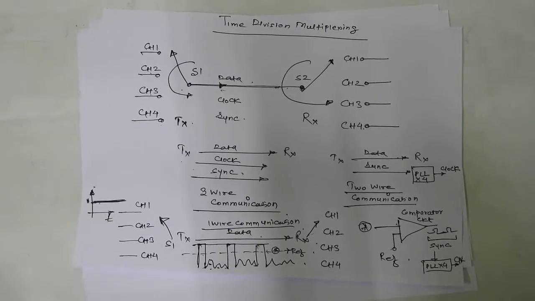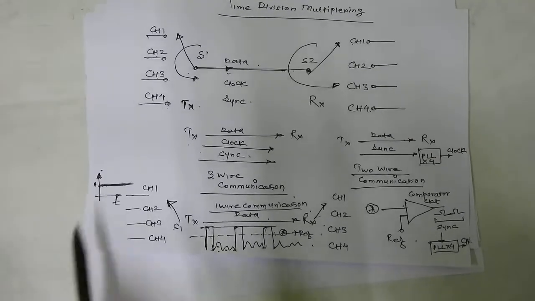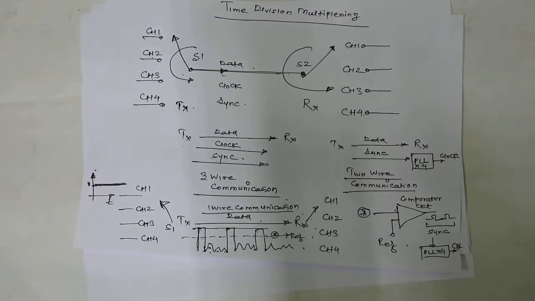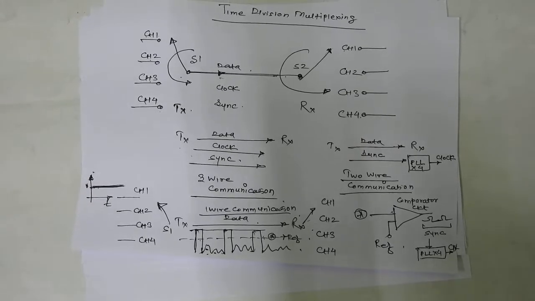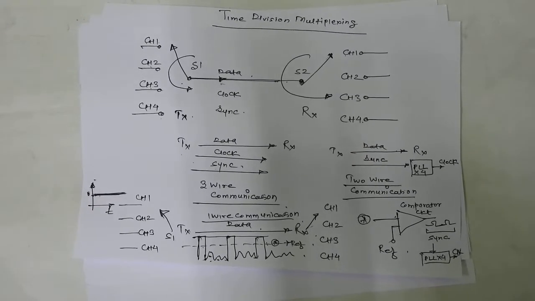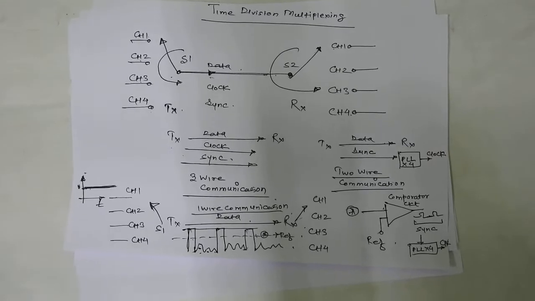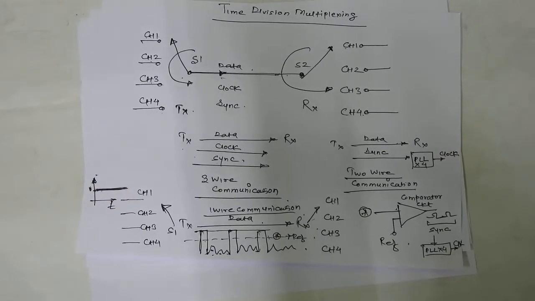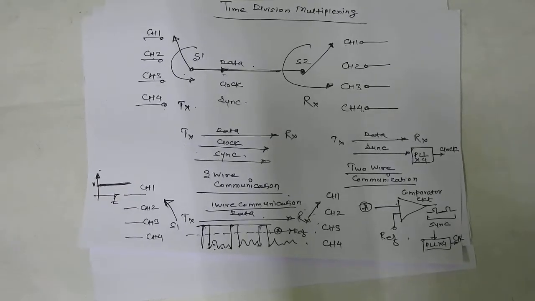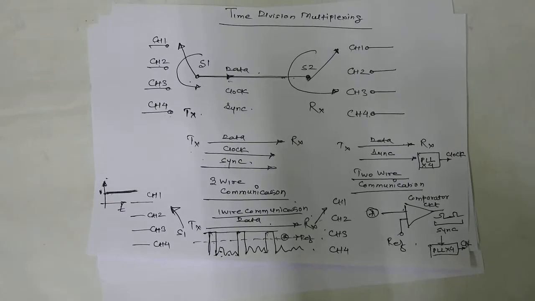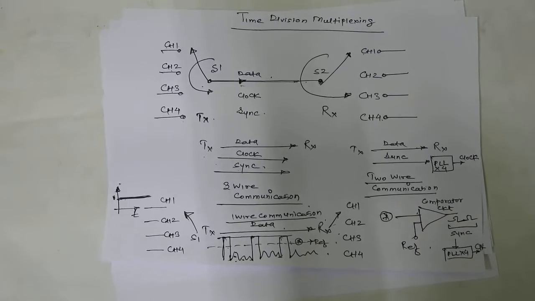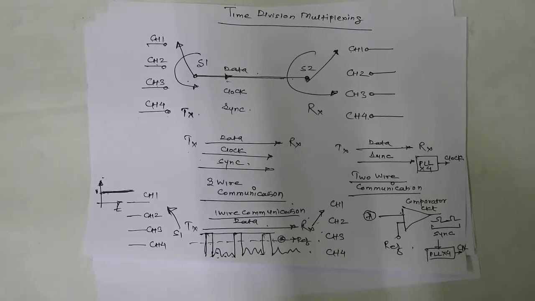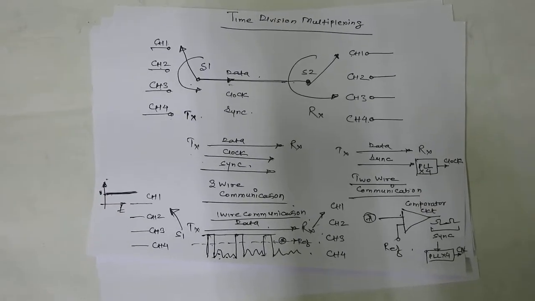But now let's see the drawback. The DC is basically a constant amplitude pulse, so it carries no information. So in this case, even though there are 4 channels, one channel does not have any message signal. It is a constant amplitude DC voltage, so I cannot send any message signal. Basically, the number of channels gets reduced by 1.